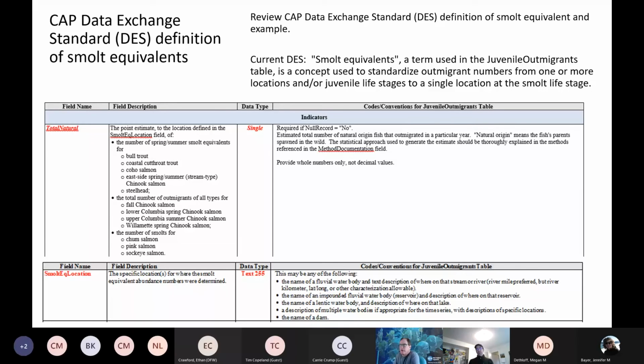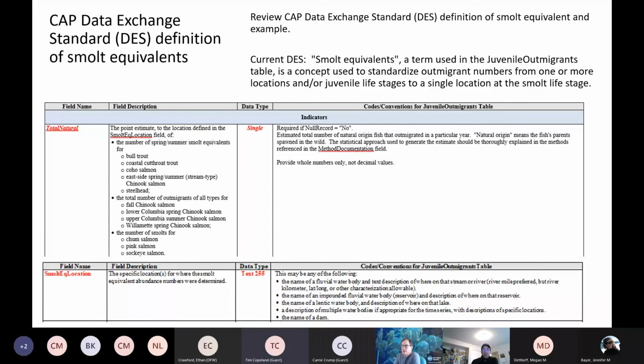In that table, the number of fish to report varies by species and run and geographic area. For some of these, the DES calls for smolt equivalents. So this is for east side stream type Chinook, for steelhead, for coho, for coastal cuts, and for bull trout. So at the smolt workshop, the smolt numbers workshop,